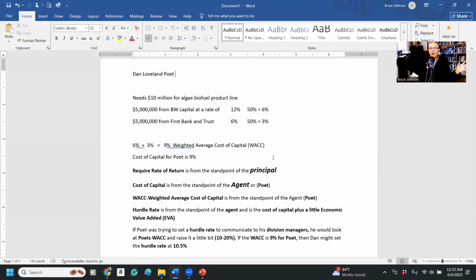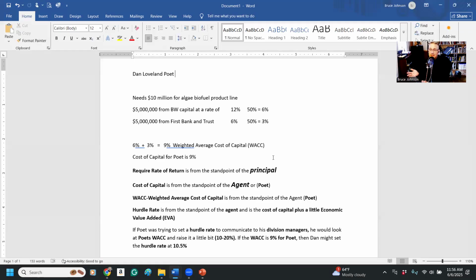And then on the other side of this, Dan will have his finance managers and engineers and executives and managers, when they come to try to propose a new product line, they do what's called a capital budget. When they do that, there's a few different approaches you use. One of them is called net present value, and the other that's more commonly used is IRR or internal rate of return. Or way more commonly that most companies use now is called the modified internal rate of return. Now, when they do that, here's what they're looking at.